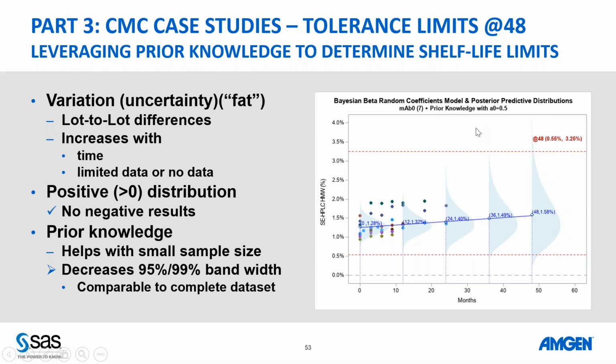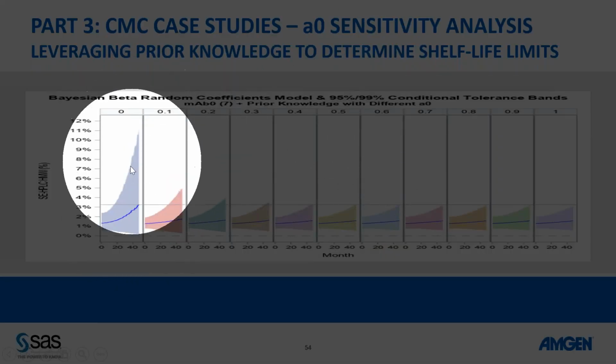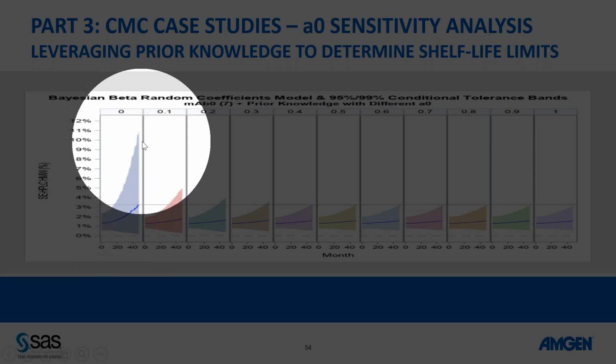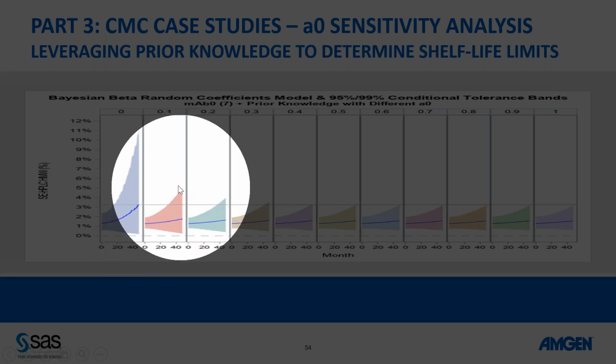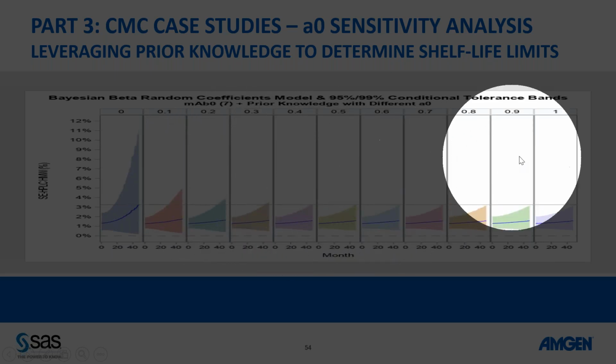And we're using the weight of 0.5. How do we select the weight of 0.5? There are different ways of doing that. One of them is doing a sensitivity analysis, which means trying different A0. So these will be A0 equals 0. We're going to discard all the information. So you can see a lot of uncertainty here. Now, if you use A0 0.1, and using 0.1 for each of the 4 data sets, 0.2, 0.3, 0.4, 0.5,